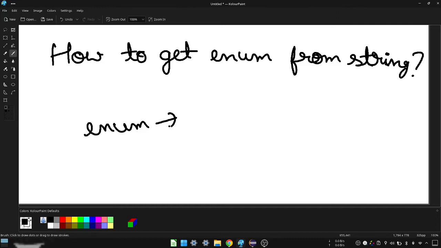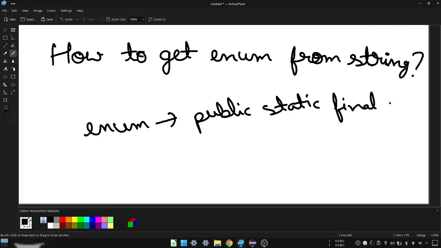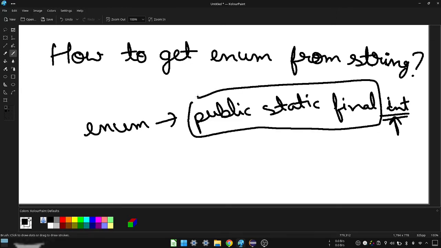Before enum came, people used public static final int to declare a constant. And there was another way through which people could declare constants, through interfaces. Here we can simply write the data type, and the main way to declare a constant is through public static final. But since there was an update, enum came and formed another way to declare constants. Now let's see the code.